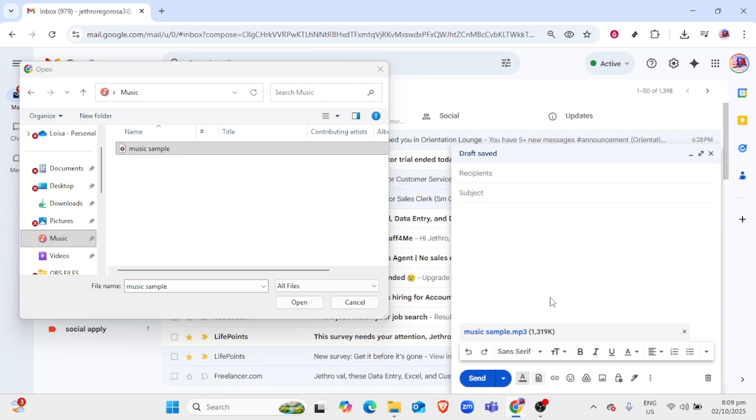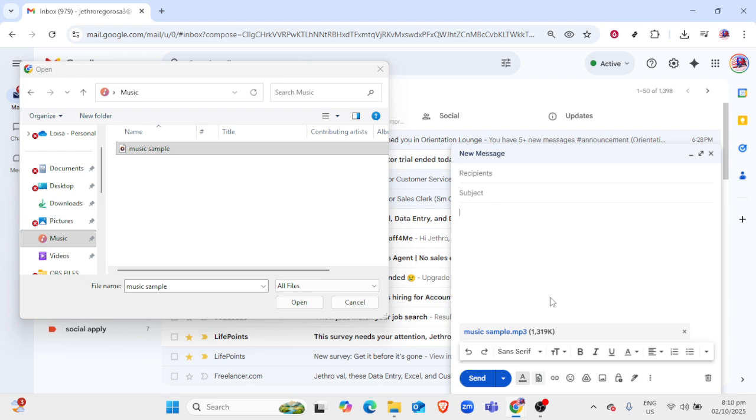Remember, when sharing through Google Drive, there are a few things to keep in mind. Firstly, ensure the permissions are set so the recipient can view or download the file. Click the Share button in Google Drive and adjust the settings if needed. It's also helpful to include a short note or description of the audio file in your email to provide some context for the recipient. This small addition can make a big difference in how your receiver understands and utilizes the